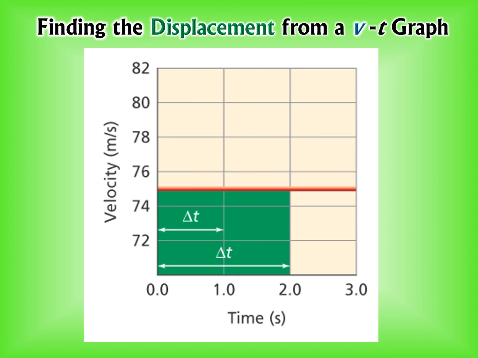So this is the same concept for finding the displacement on a velocity versus time graph. This is a bootleg integration. If you take the area under the curve or under the graph, so if you want to know how much displacement there has been over 2 seconds, you find the total area up until the 2-second line under that graph. And that will wind up giving you the displacement, because you would be multiplying the velocity, which is meters per second, times the time, which is seconds. The seconds would cancel out, and what you'd be left with is just the meters.